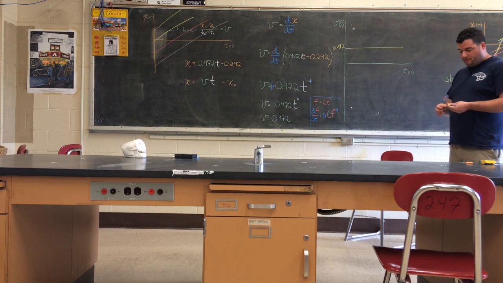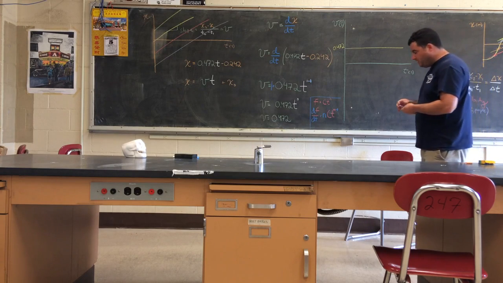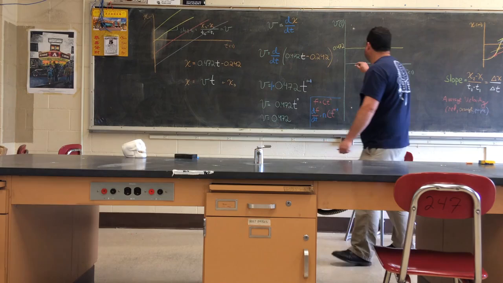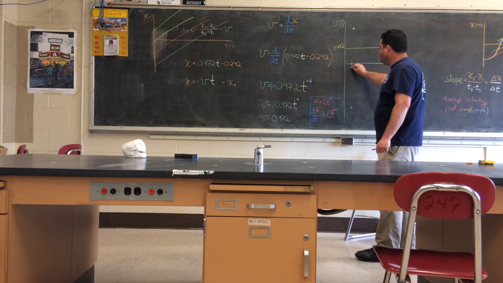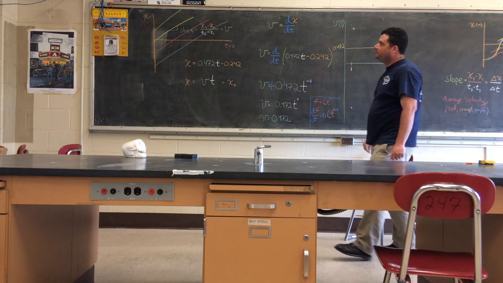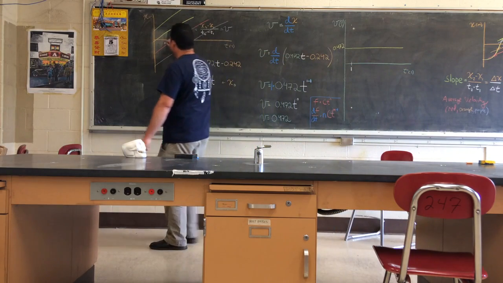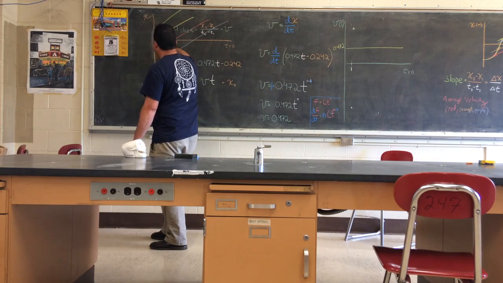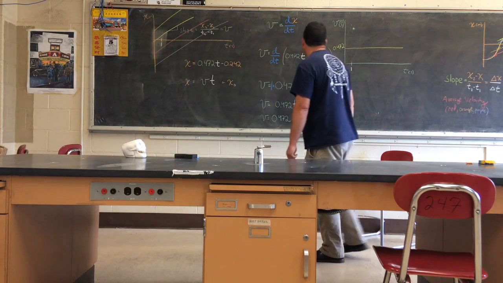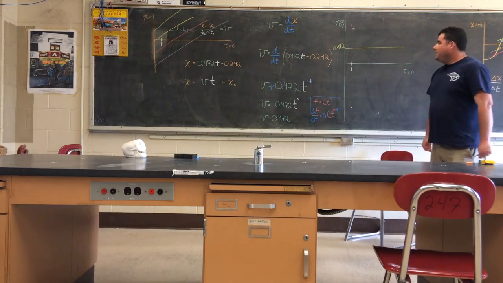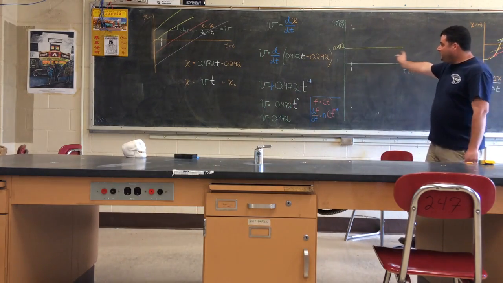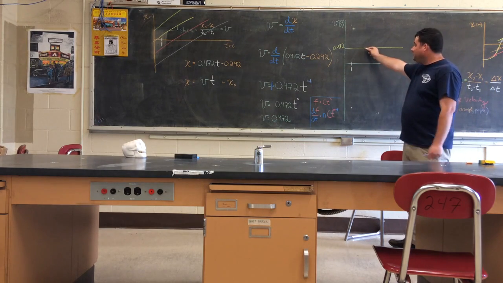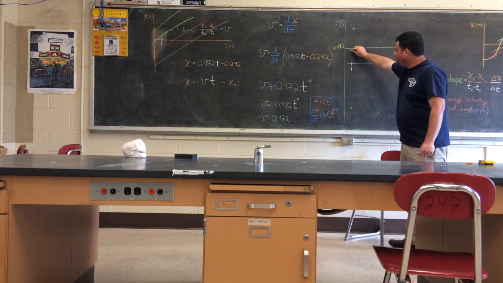We're going to see that if I'm, say, talking from 0 to 1 second, and I was to take my velocity time graph and get an area between the graph and the y-axis,